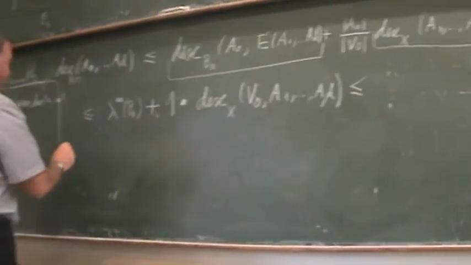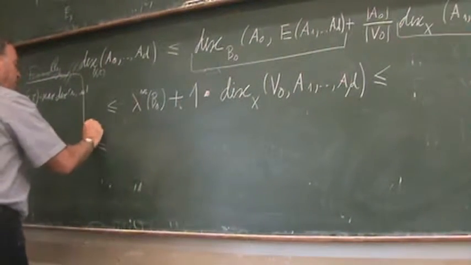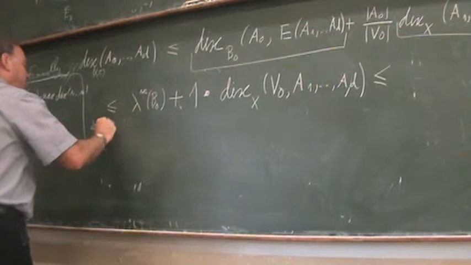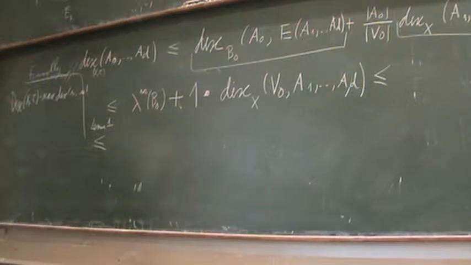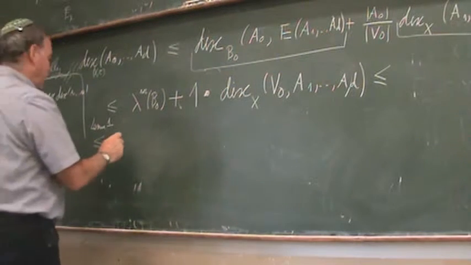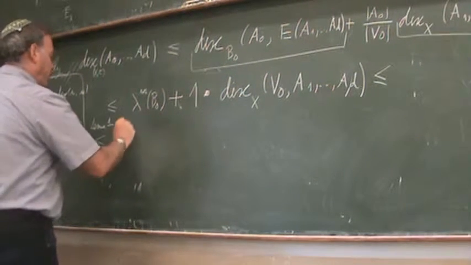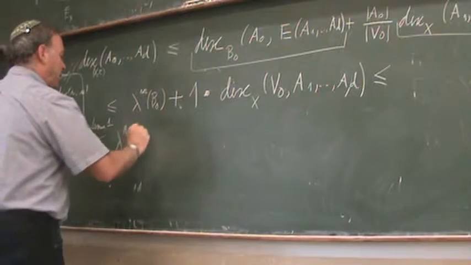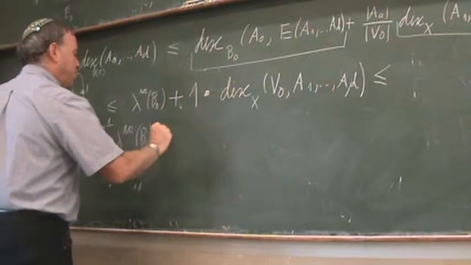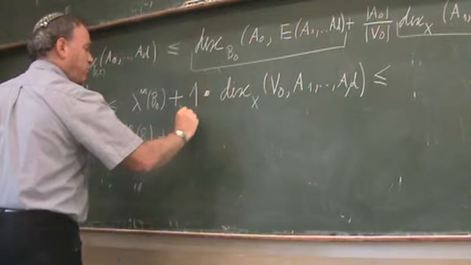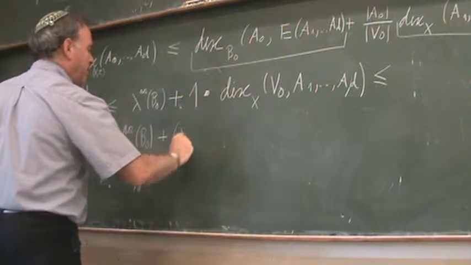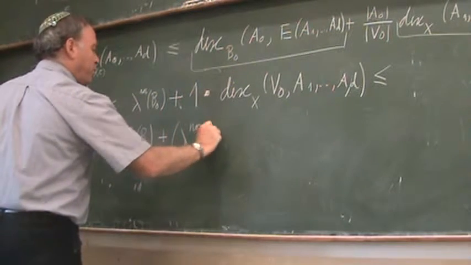So this will be at most, now I'm using the essence of lemma 1, not formally lemma 1, because I'm using it for A1. So this is the same. Now, first of all, lambda normalized of B0 plus, now the new thing will be lambda normalized of B1